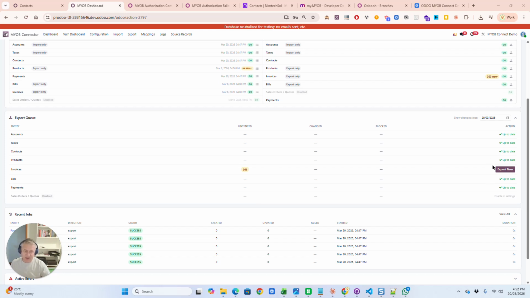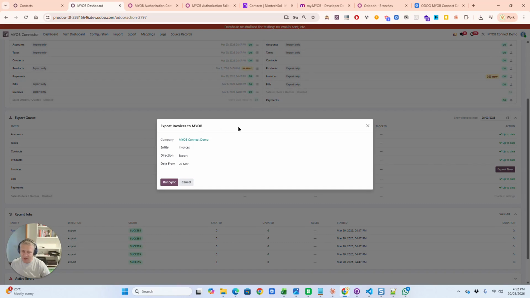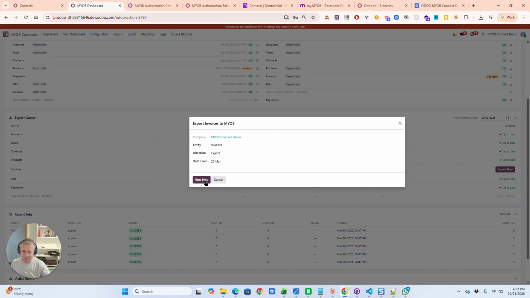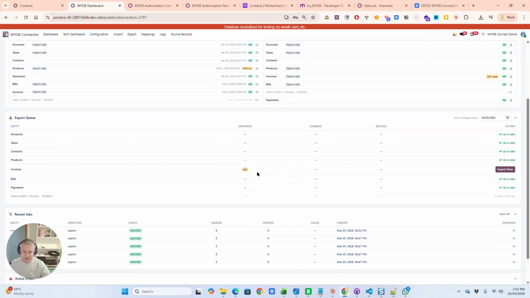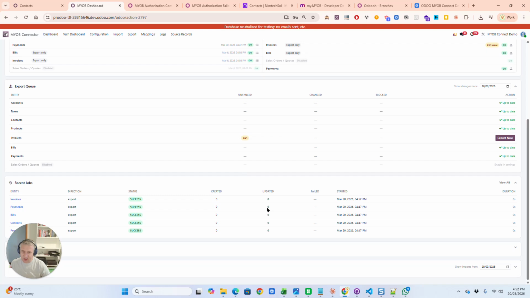So again, if you click on export this button, it will give you a date that you can run this from. So immediately if we say, yeah, I just want to run my invoices. Now my date was the 20th of March. All of those invoices are all before this particular date. So I'm not exporting that, and that is by choice, but you can obviously also synchronize that as you want. You can also see it just created this entry over here.